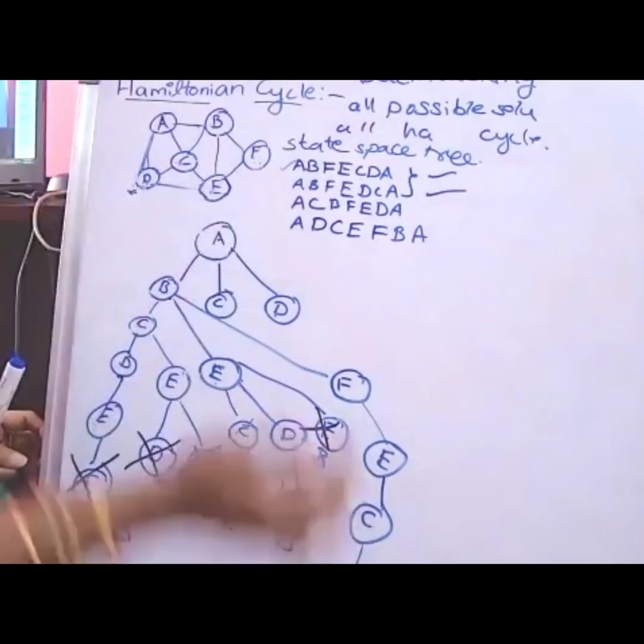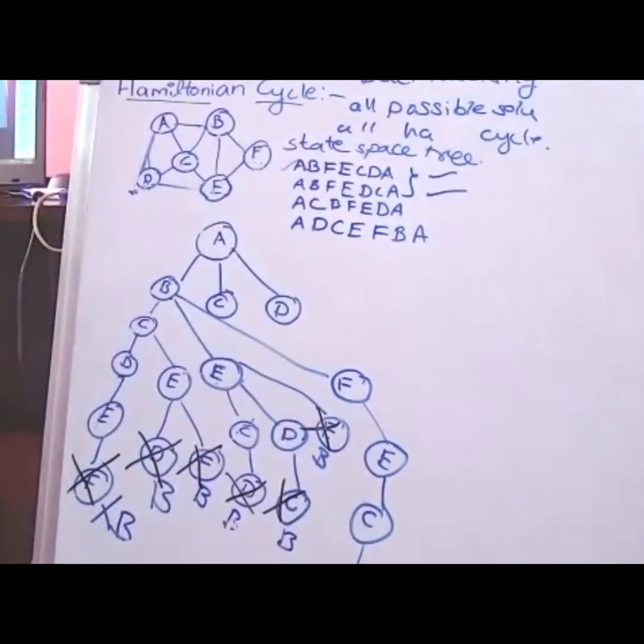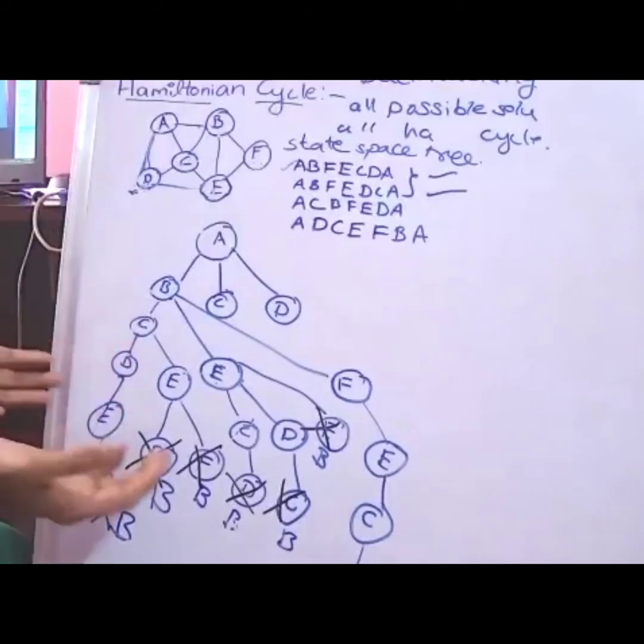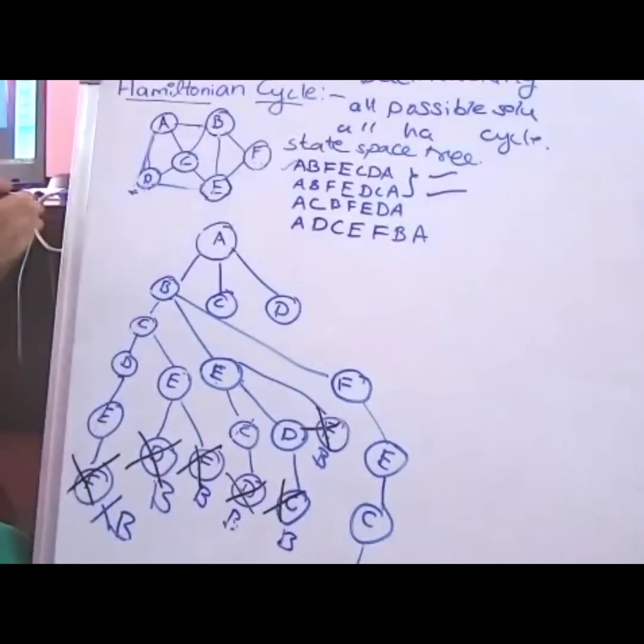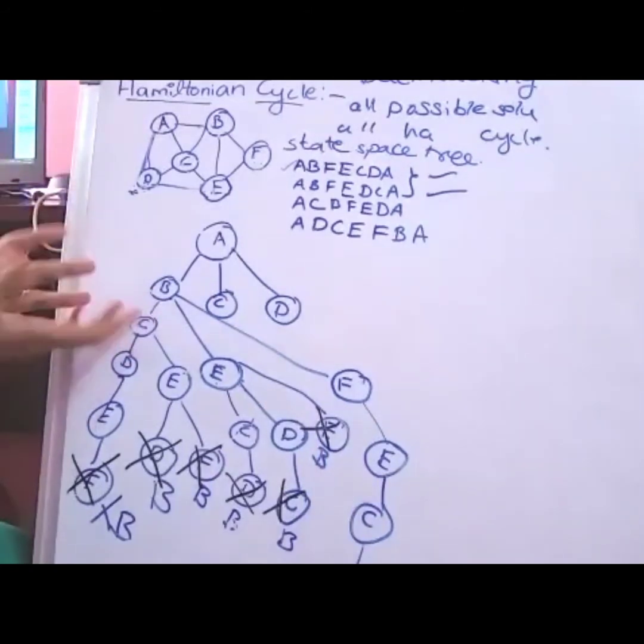This is one possible solution. Everyone got this point? Understood now, how we are applying? The same technique we have applied in the last three applications. This is the fourth application. The same backtracking technique we are applying to find the possible solutions. To draw the state space tree, we applied the backtracking technique.